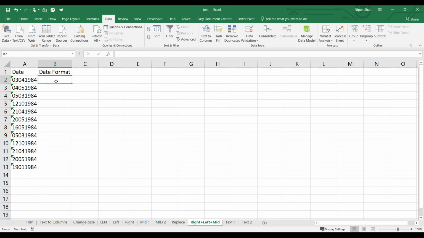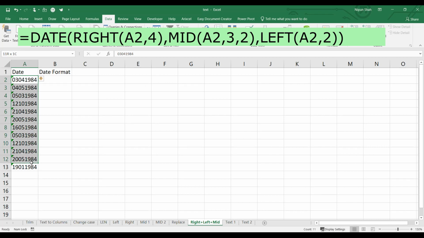Now guys, I will tell you how you can use LEFT, RIGHT and MID functions all together to simplify your task. For example, here I have some dates pulled in from an ERP system. Excel does not recognize these as dates because these are not in a proper format. So how can we convert that to a proper format? We can do it from text to columns, but here I will tell you about using a function which is